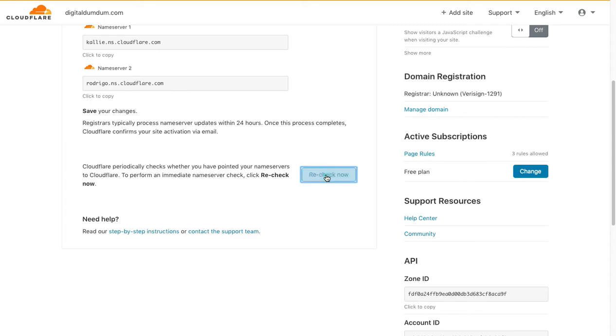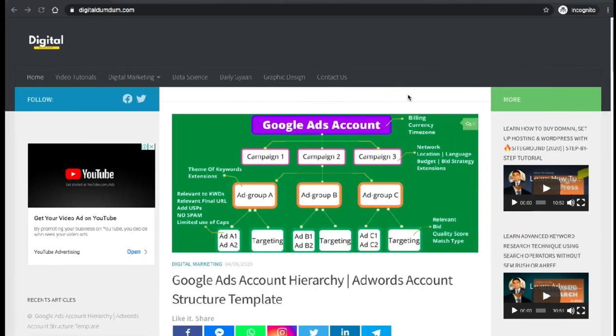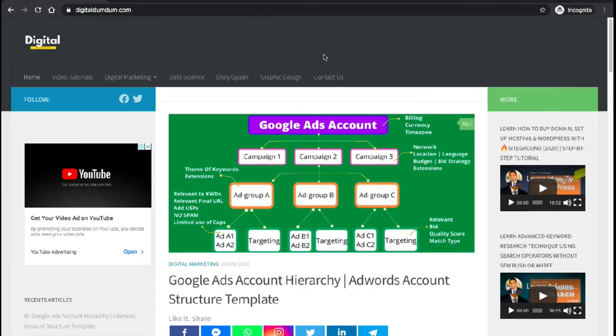Hit the recheck now button and it will give you a confirmation that your domain is queued up and it will ask you to check again in a few hours. So this will take a couple of hours to take effect. Usually it takes 12 to 24 hours and after that just go to your website,